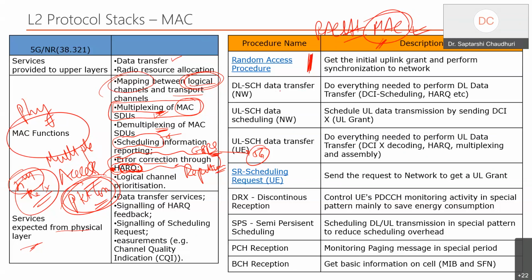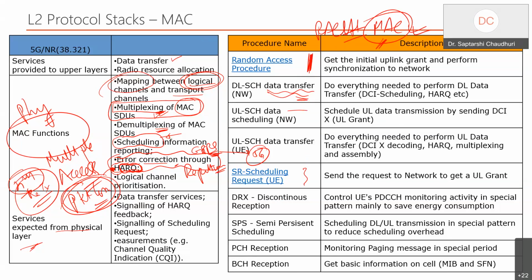Okay, now he plays a big role in data transfer, both uplink and downlink, doesn't matter. This is where he plays the biggest role in the uplink data transfer and the downlink data transfer. And he plays a big role in what we call scheduling requests. For example, the MAC of the device has a packet.